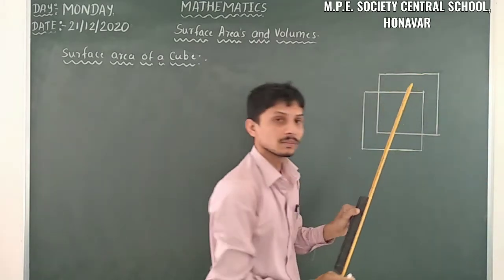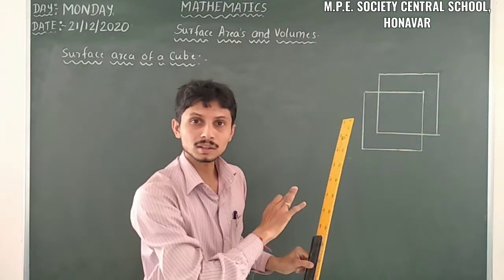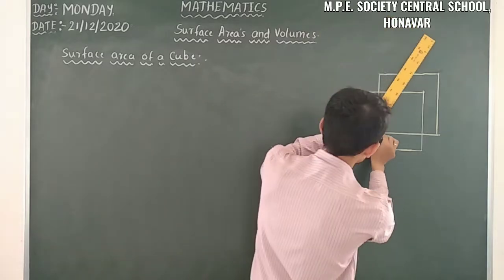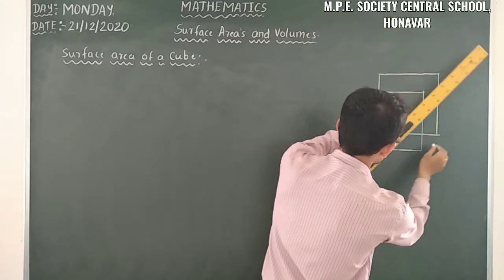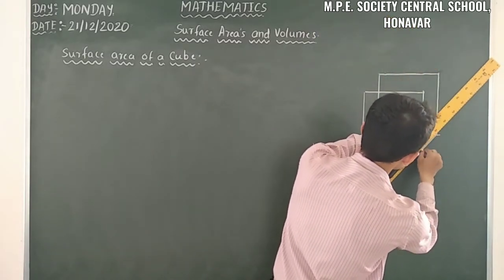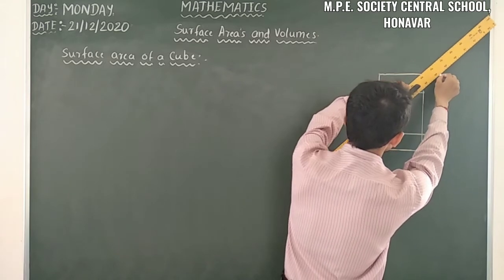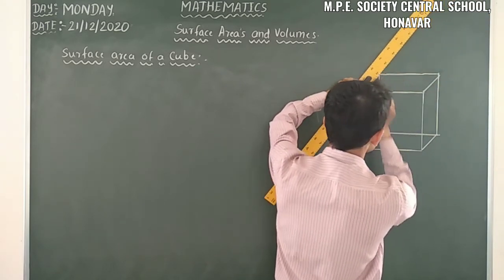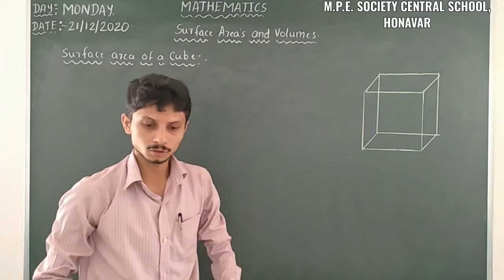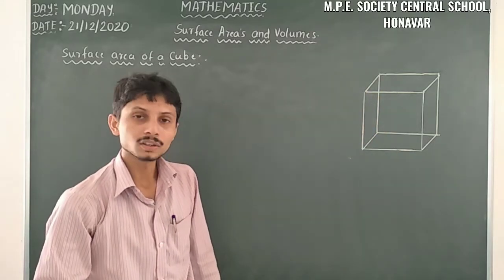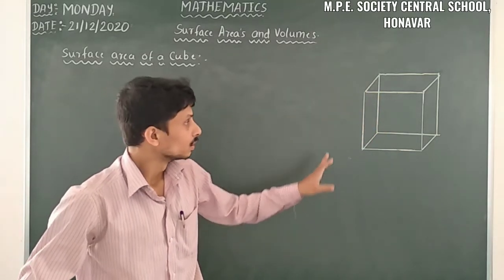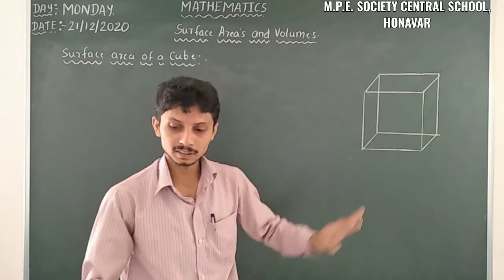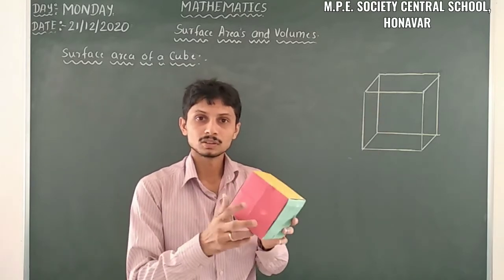Yes. So then we have to join all the corresponding vertices. Here we have to join this vertex and this vertex, and these 2 vertices we have to join, and these 2 vertices we have to join. So this forms a cube. So here we have the cube. Here also we have the 6 faces. Just observe this. This is a cube.